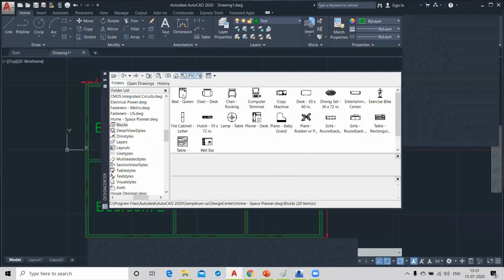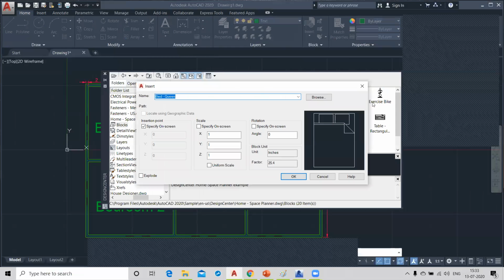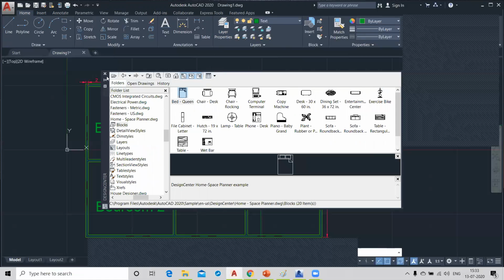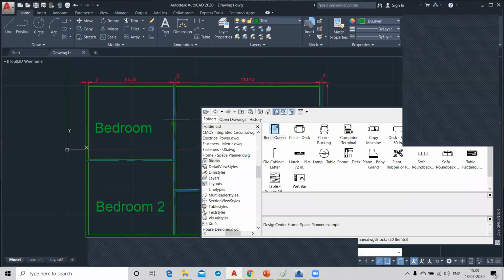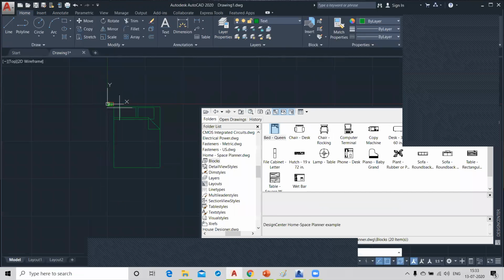So here we have the bed. You just double click on the bed, click on OK, and you paste it. I drew this plan without any scale. Where did you bring that from, sir? Furniture, from the bed.